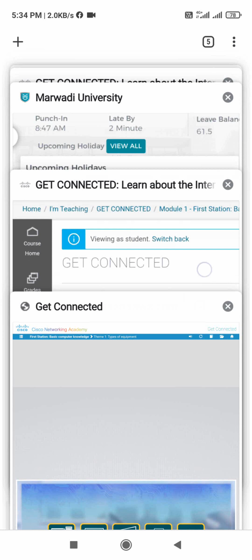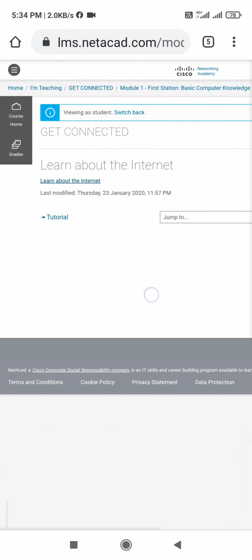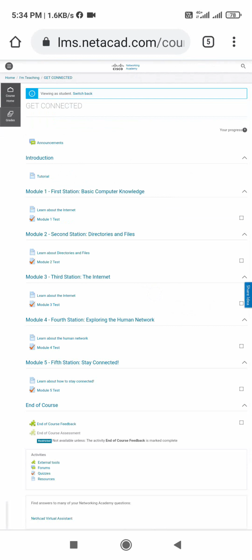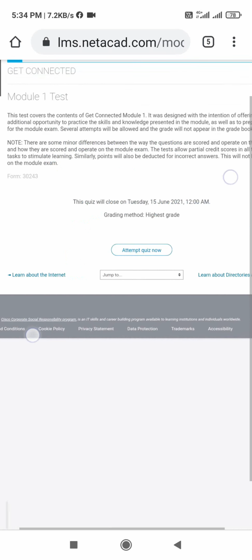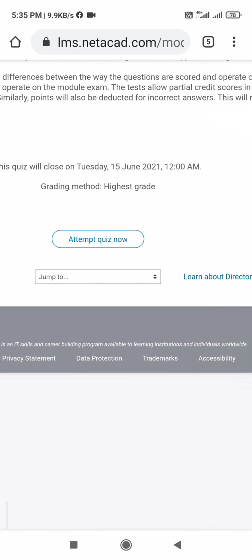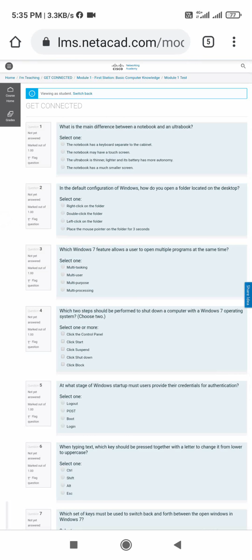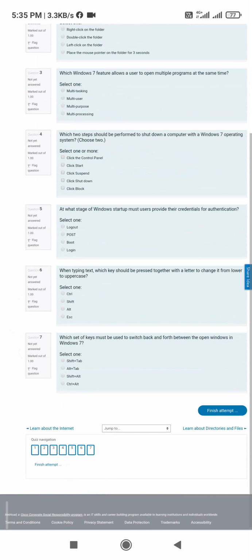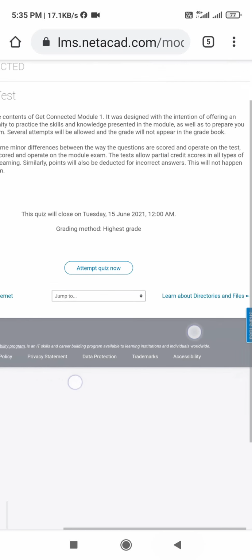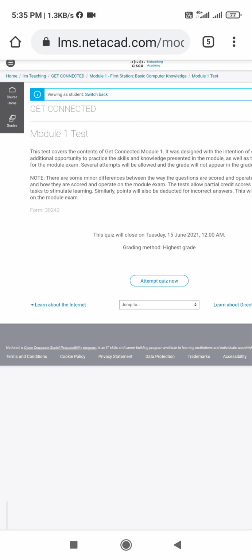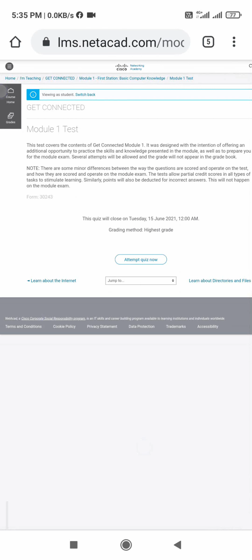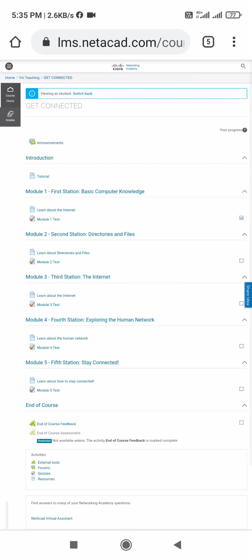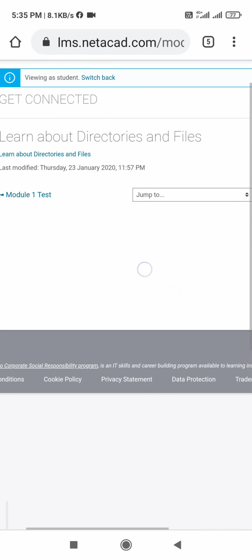Now you can move towards the back again, and then you can jump to any chapter. So one by one you should learn all the chapters. For example, now I click on a module test, so it will give me some instructions, and then it will ask me to attempt the quiz. If I say attempt the quiz, I will find all the questions. Now I need to answer all the questions, and then my quiz will be over. So the same way I will attempt the second chapter, then quiz, then next chapter, then quiz, and then there will be the final quiz. So this way I will complete my entire session.